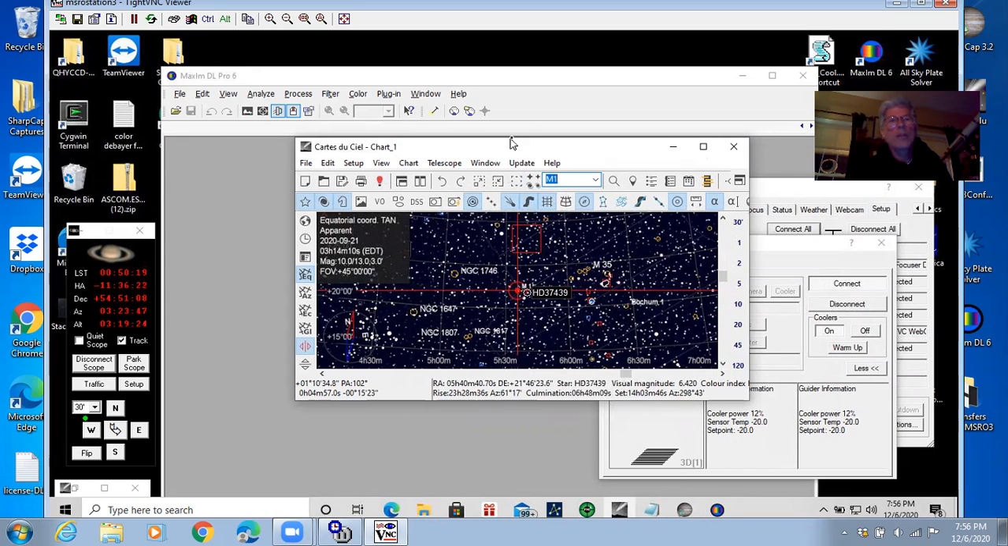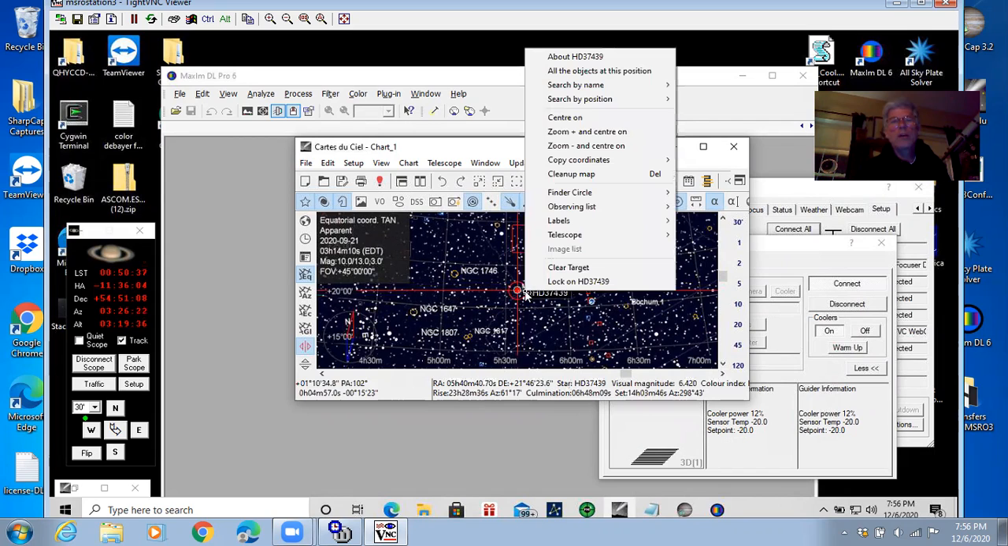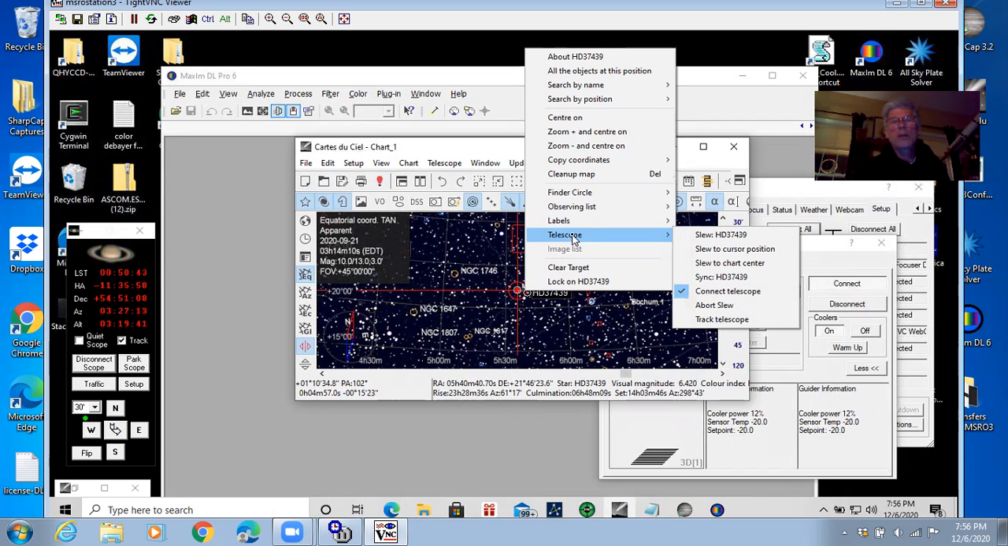So opening Cartes du Ciel and connecting to the telescope, which we've done, and then putting into your search window the target M1. Let's go ahead and do that. And when we hit enter, it should put M1 in the view. There we go. So to slew to that, you just right click on the M1 icon in the view there, and the telescope tab opens up, and just go on over to slew